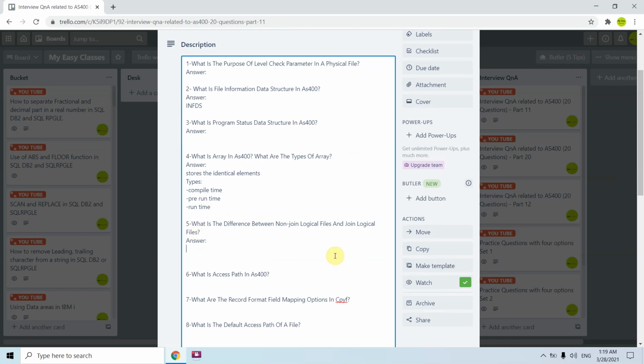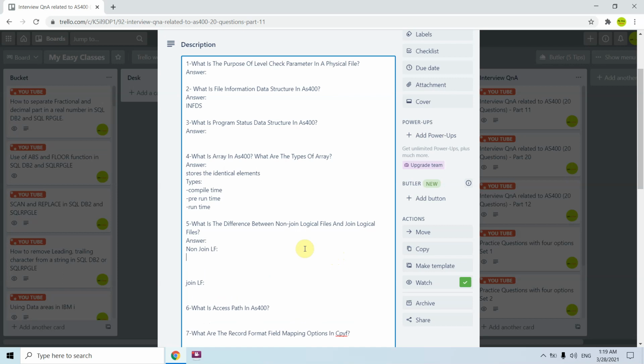What is the difference between non-join logical file and join logical file? Non-join LF, join LF. With a non-join LF, we can perform insert, update or delete operations using it, but we cannot perform the insert, update or delete operation using a join LF.